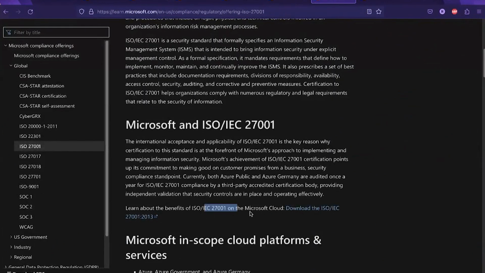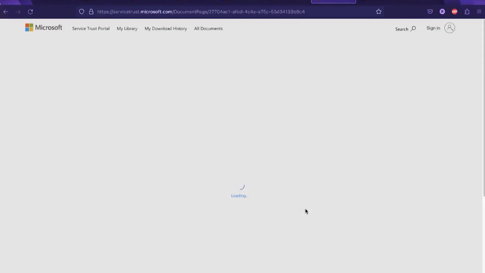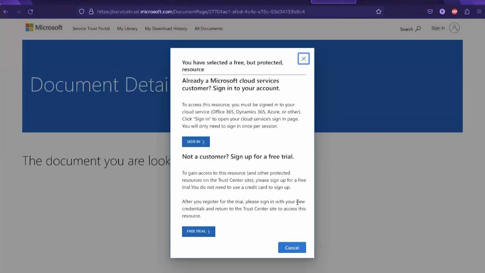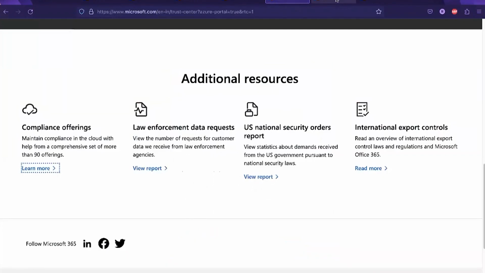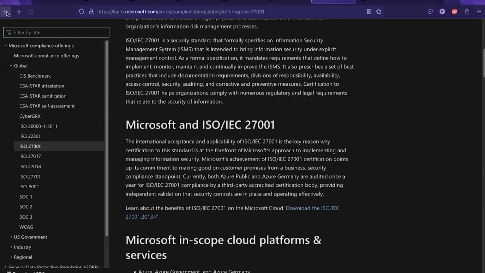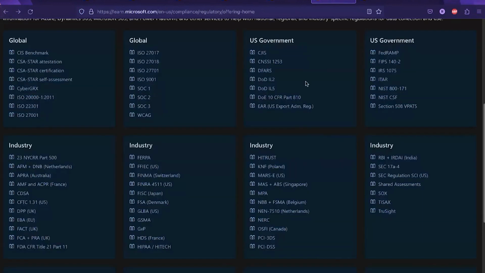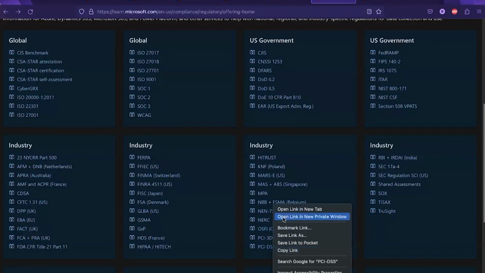You can download the Microsoft Cloud ISO/IEC 27001 documents. You just have to sign in once and it will give you the documents and checklist. If you want to see the documents related to that, you can have all of these at once, right? You can examine any of these. Like PCI DSS, that is an industry standard, right?